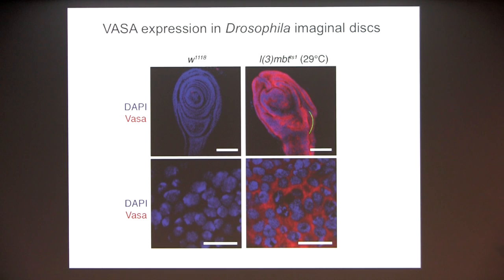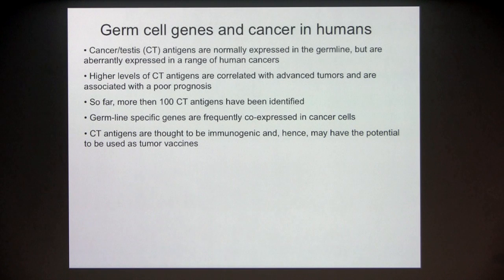So actually, we found VASA expression not only in the brain tissue, so it can be expressed in another tissue, like the imaginal discs, and also only in our mutant. So although we have found all these genes that are upregulated in our mutant, in our tumors, in the MBT tumors, we went back to the literature, and then we saw that actually in humans there is a